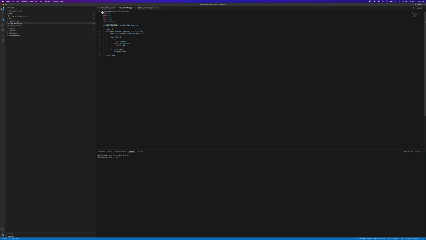It's not very interesting. All it does is open up the CSV file and return the rows. So I'm going to say from data repository, import get file data, right? And then down here we'll say our file data equals get file data, and we'll give it a path to our data, which is going to be up a directory, and then we're going to put in the name of it, semi-repeating data.csv. And this will give us our file data. Maybe just put in here a print statement, make sure that we are able to get our data, and then we'll just run this real quick